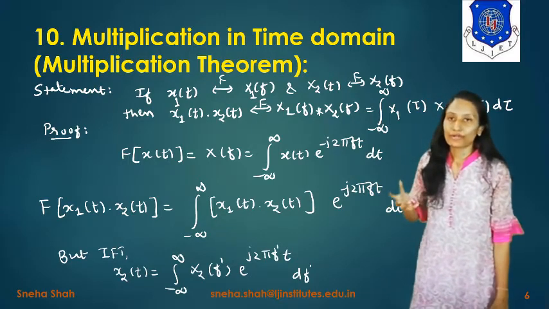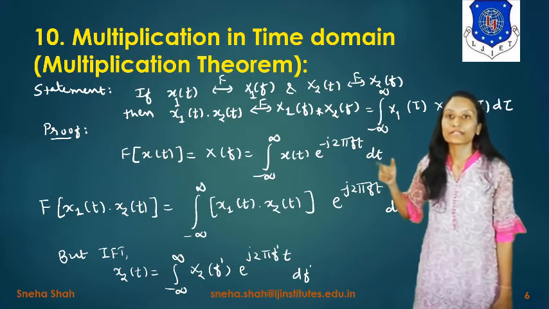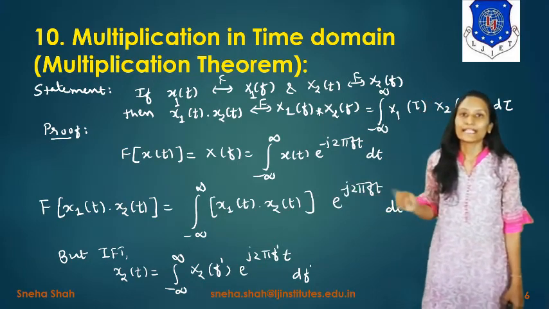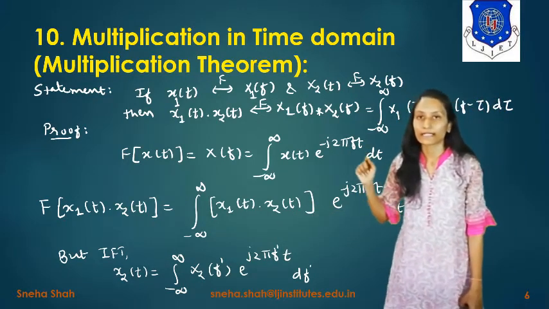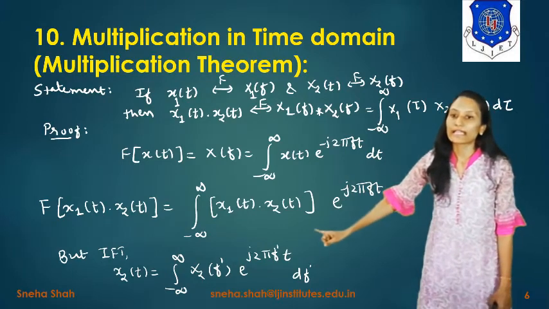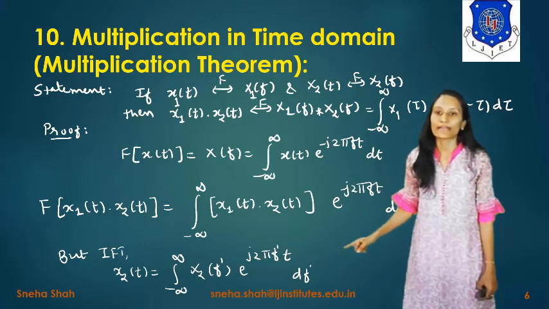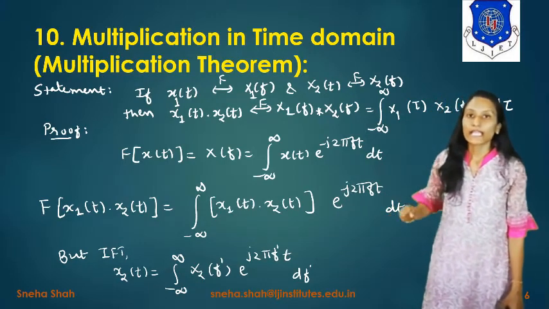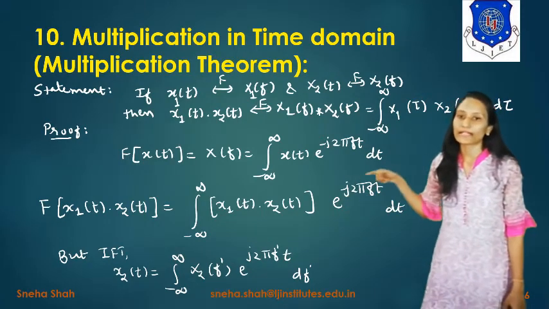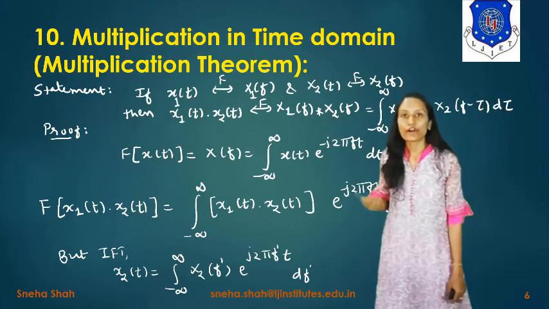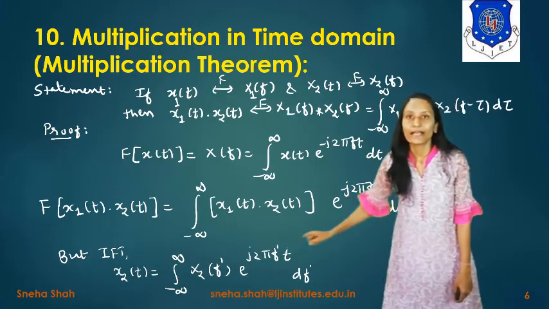Why? Because if we want to find x(t), it will be found from the term X(f) by taking the inverse Fourier transform. If we are finding the inverse Fourier transform of X2(f), then it gives you the term x2(t), right? So it is represented as x2(t) equals integration from minus infinity to infinity of X2(f') e^(j2πf't) df'. Here instead of f we have taken f', because if I take f, then this factor and this factor will be cancelled out, so it will not give you the perfect answer. So here we have taken the dummy variable f'.